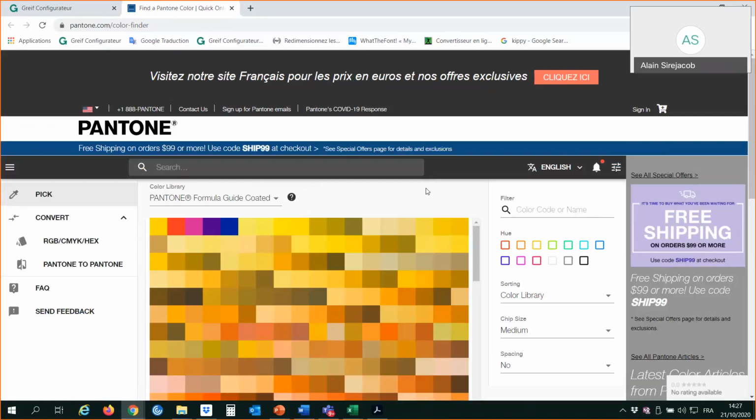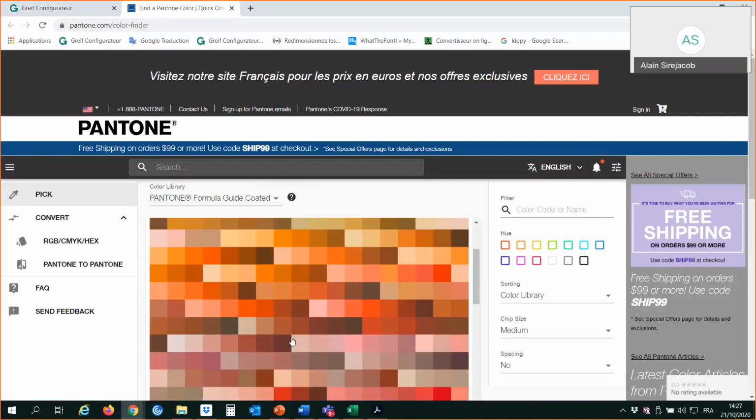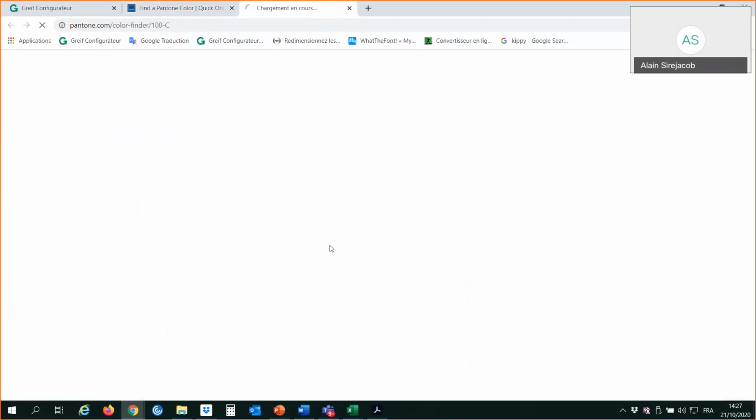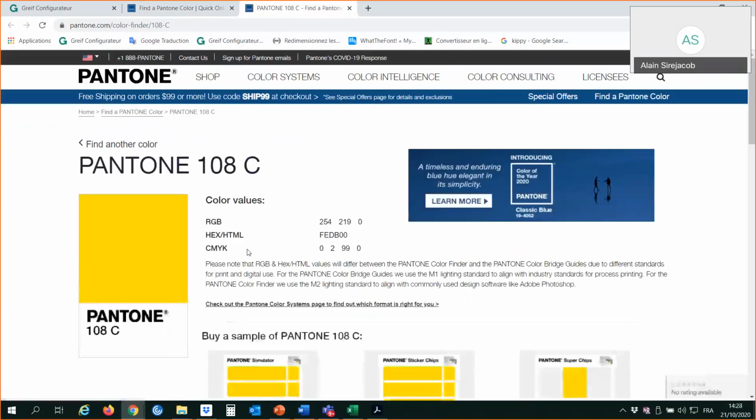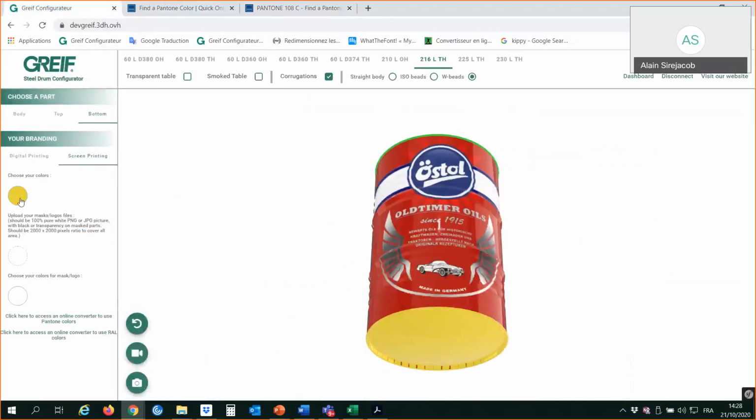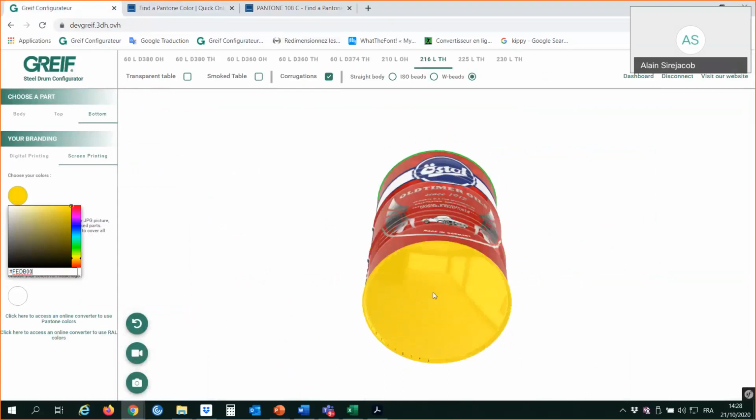So to get the right colors, it's quite basic. Again, you select here in the panel, you have all the Pantone colors. So it's quite easy here. For instance, if it is yellow, you have it here, and you have here the hexa code, the X code, and you have here the numbers. So what you have to do is to select the code, and copy, Control C. You come back to your configurator, and you just enter the code here, paste, and you have the new yellow here, which is the right yellow.